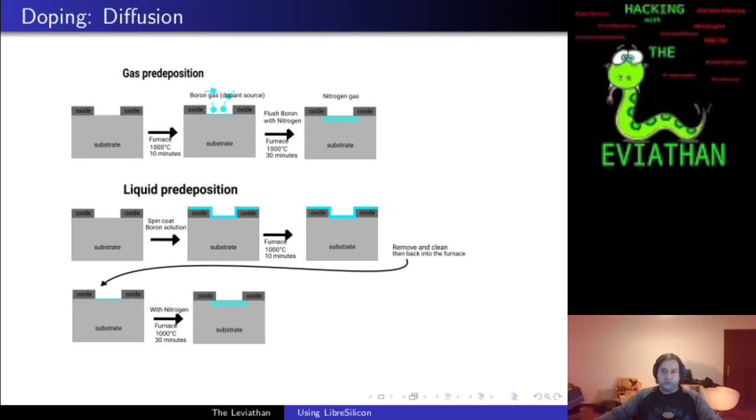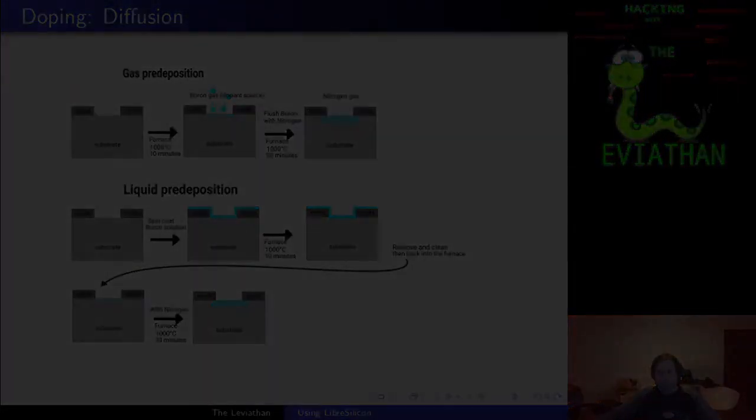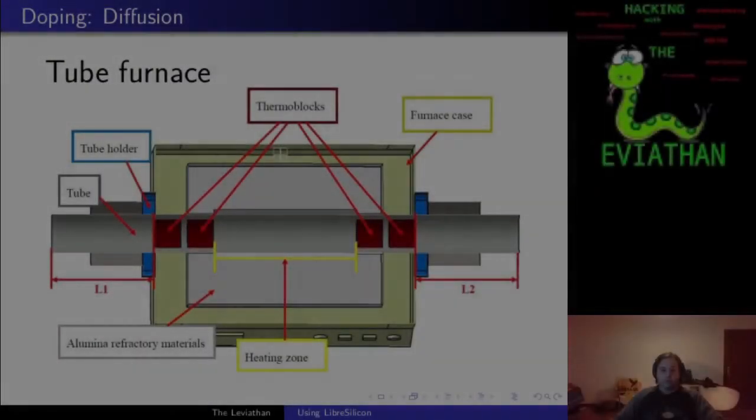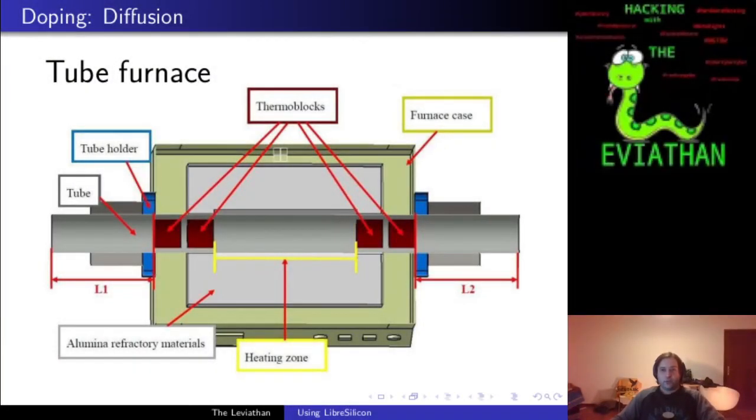There are only a few additional steps, which make it worth considering as an alternative to using boron gas, because boron gas is regulated and might pose problems during acquisition as a small startup which doesn't have all the licenses yet. For diffusion and pre-deposition with a liquid dopant, you typically use a tube furnace, like depicted here as a